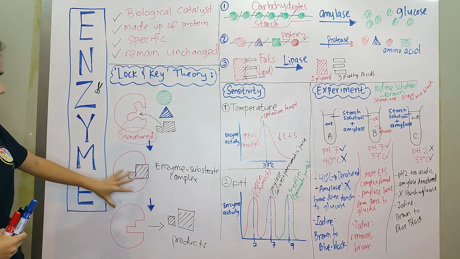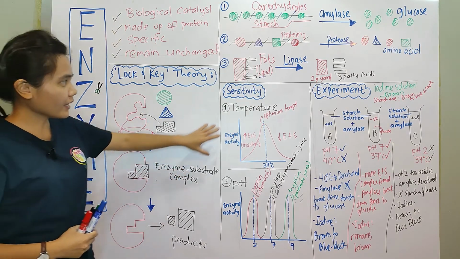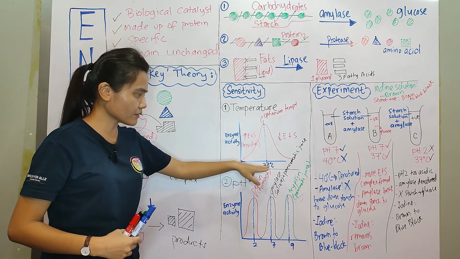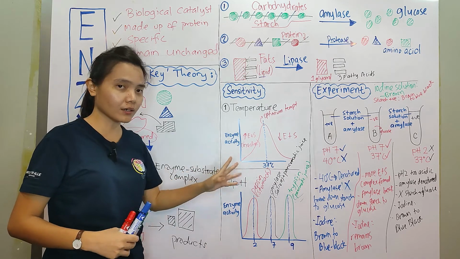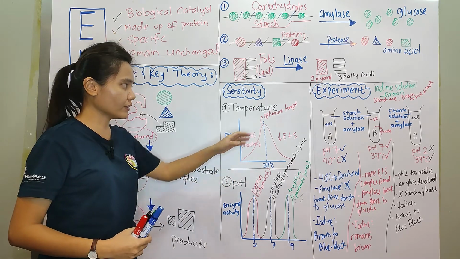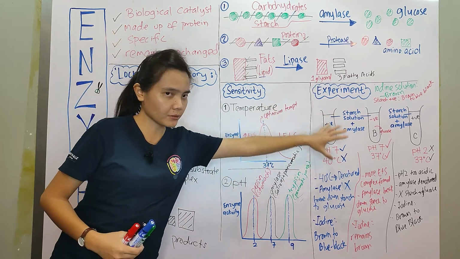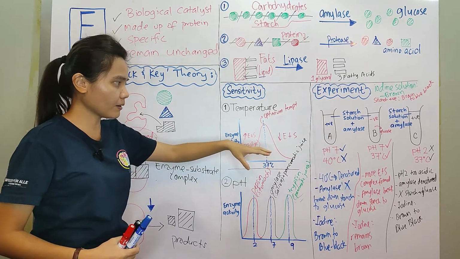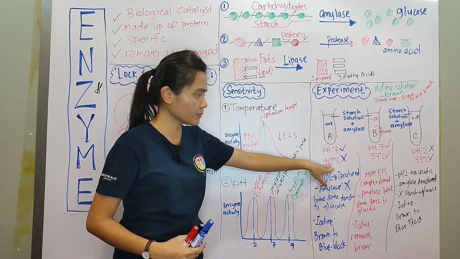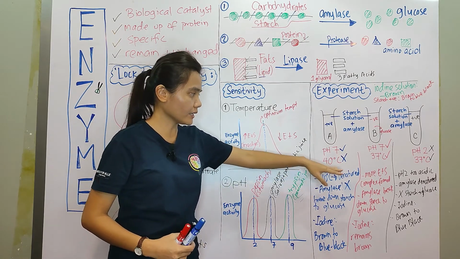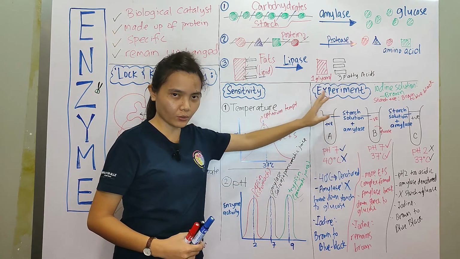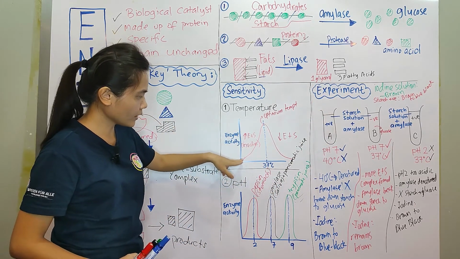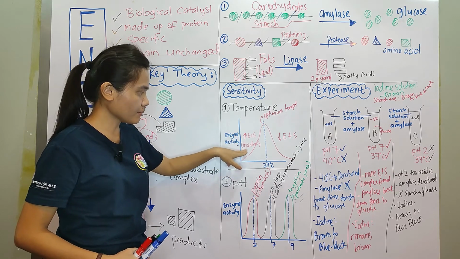So the lock and key theory, that is the specificity, and then the sensitivity, just remember at body temperature it is 37 degree. Plants have a bit lower, I think 28. If the experiment here is talking about plant, usually the temperature they will put a bit lower, like 28 degree. So that's why you need to read the question. Temperature, if it is low, okay, lower temperature, enzyme become inactive.